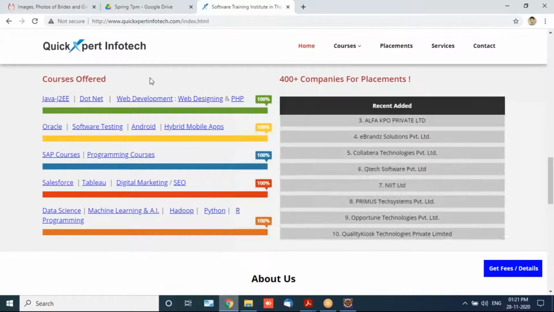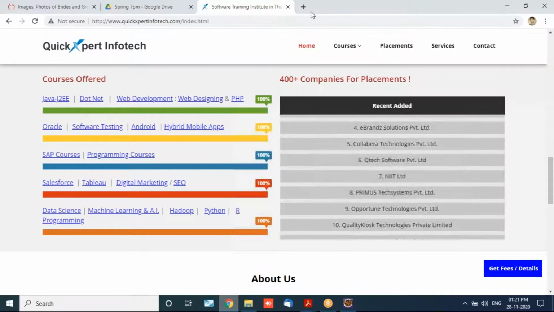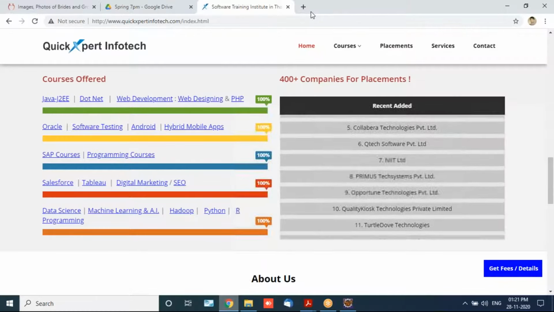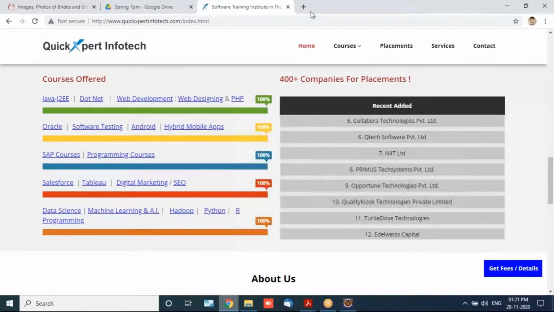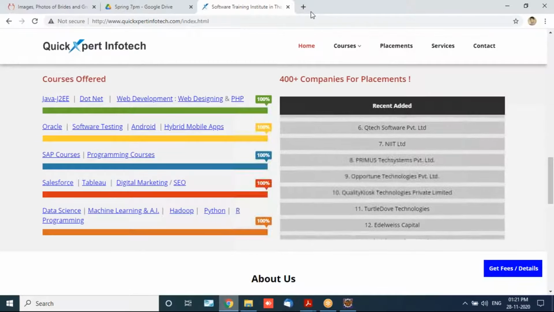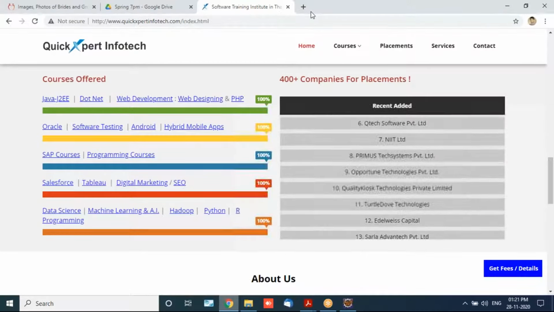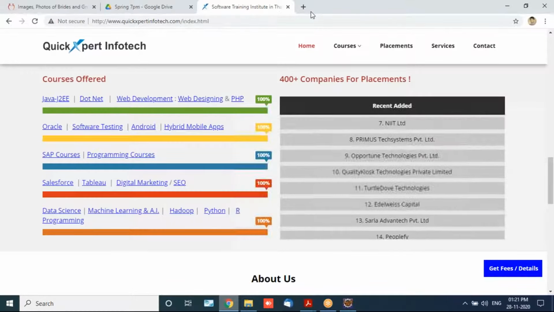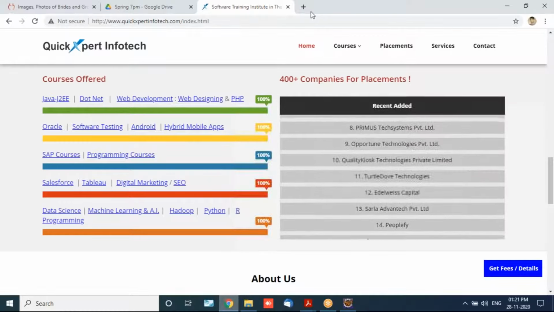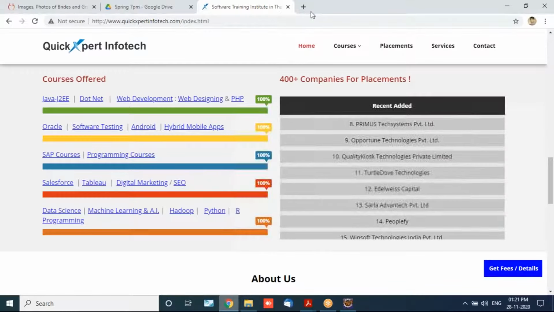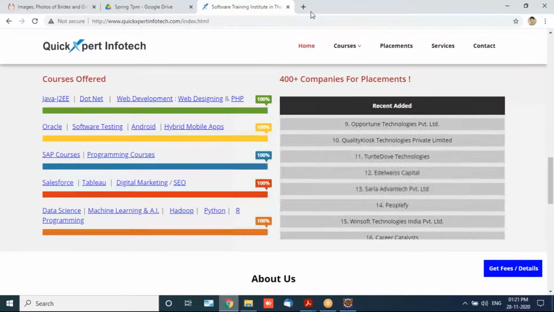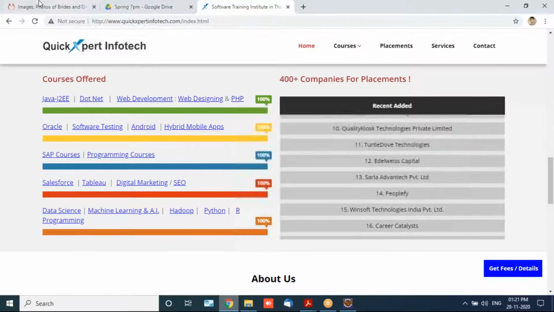So there are huge opportunities for core Java, which is like a universal language. Almost all MNCs and all major IT companies in the world will have Java projects. So you don't need to worry about the job prospects of Java. It's always an evergreen technology. At least for the next 10 years, there is no issue. There are lakhs and lakhs of Java projects developed in the industry.